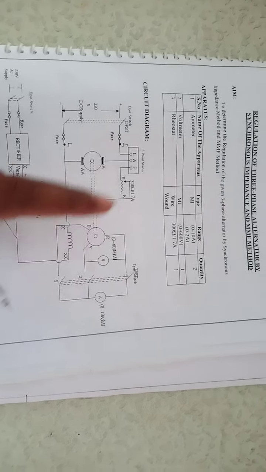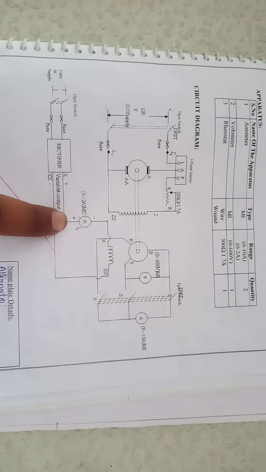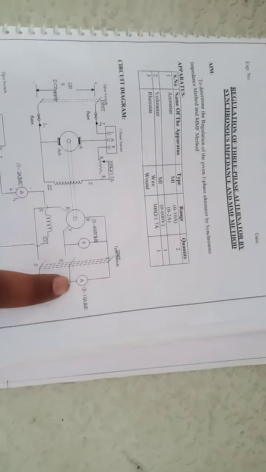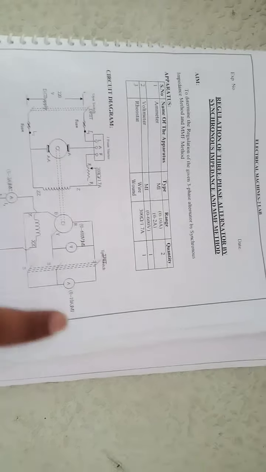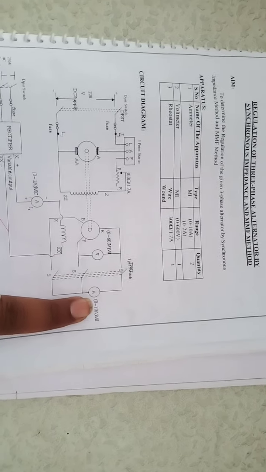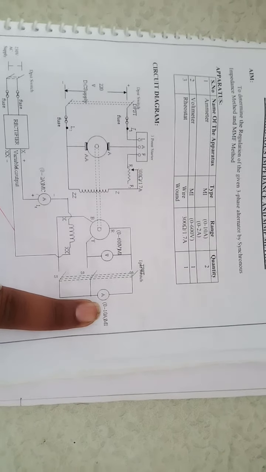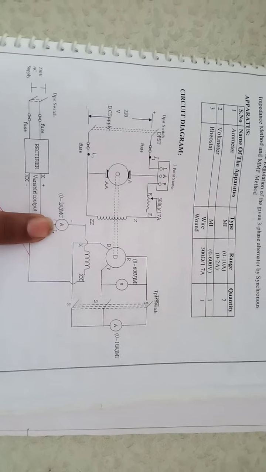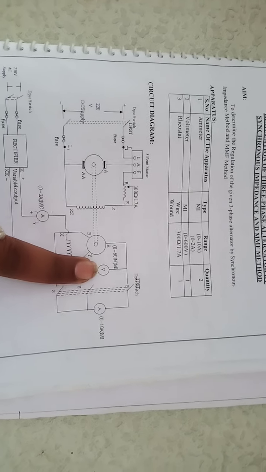Next, the short circuit test. By varying the field current, you short these terminals and take the ammeter reading. After taking the readings, field current versus short circuit current gives the SCC, the short circuit curve, and the open circuit readings give the OCC curve. So the OCC curve is like this.